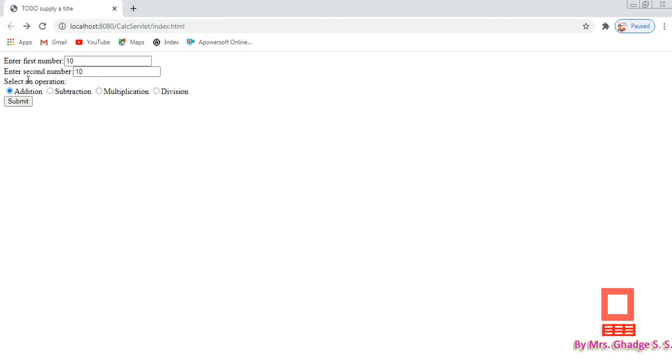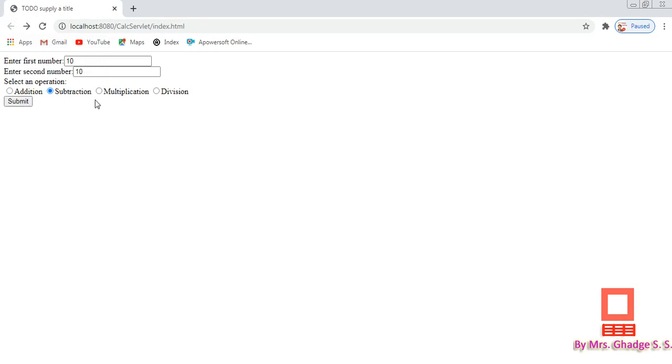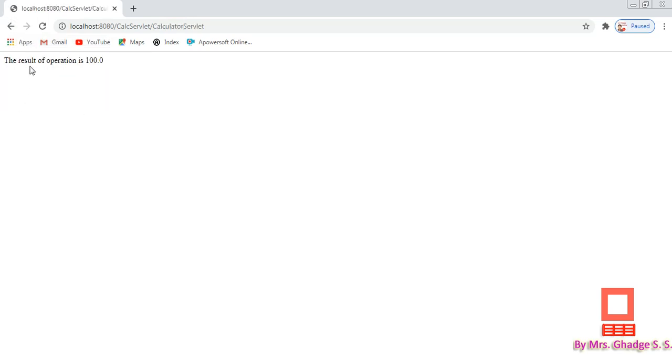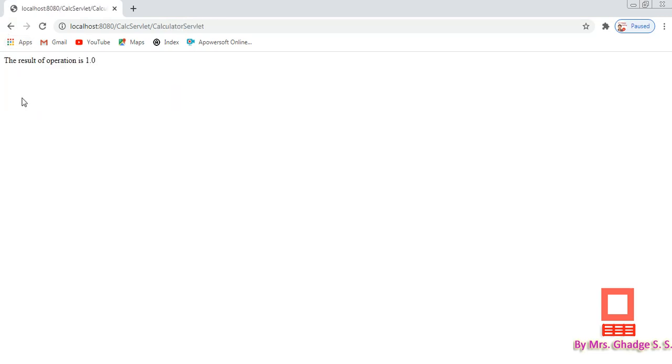So you will get the output, the result of operation is 20. Let us take subtraction, click submit, result of operation is 0. Again click on back, take the multiplication option, click submit, 100, and then division, submit, 10 divided by 10 is 1.